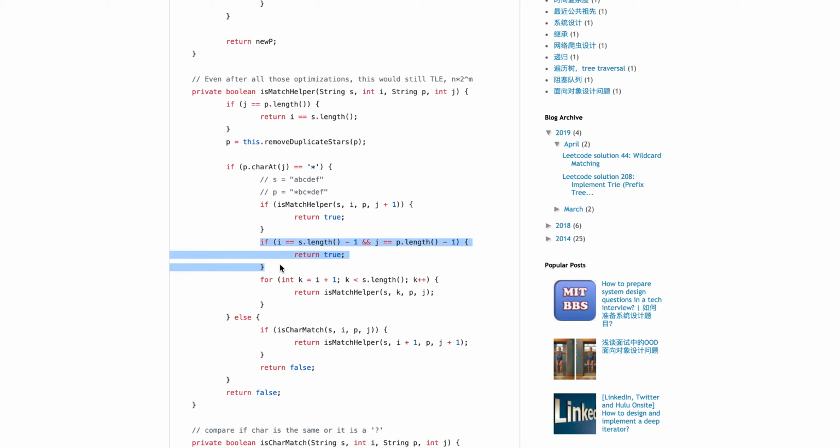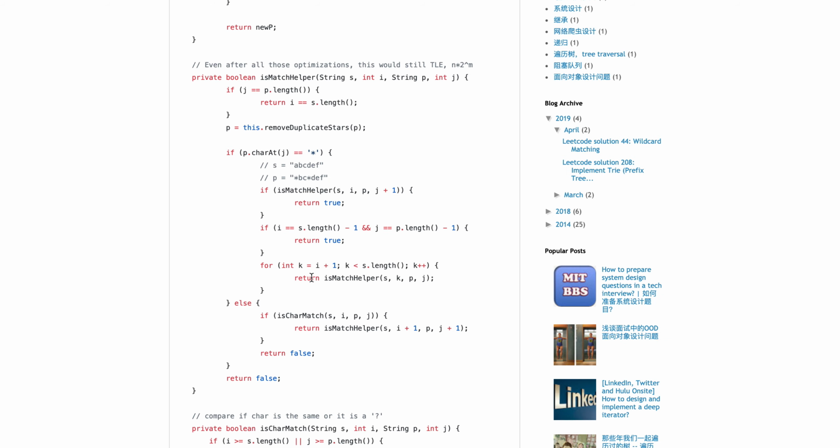And if that's the case, so this comes later as the optimization part, if you are already at the last string or you're matched to the last part, that means you're already good, so you return true. But that's not the point. The point is now I have to do a for loop for the rest of the part, which is